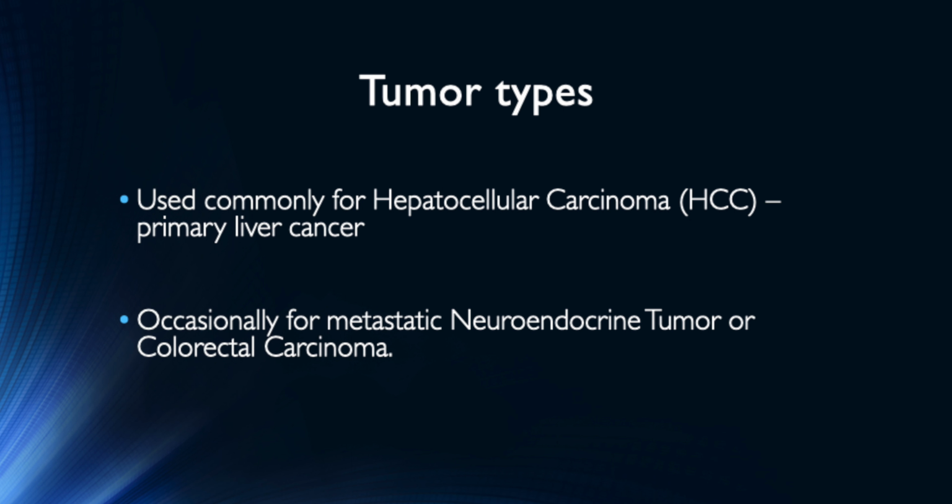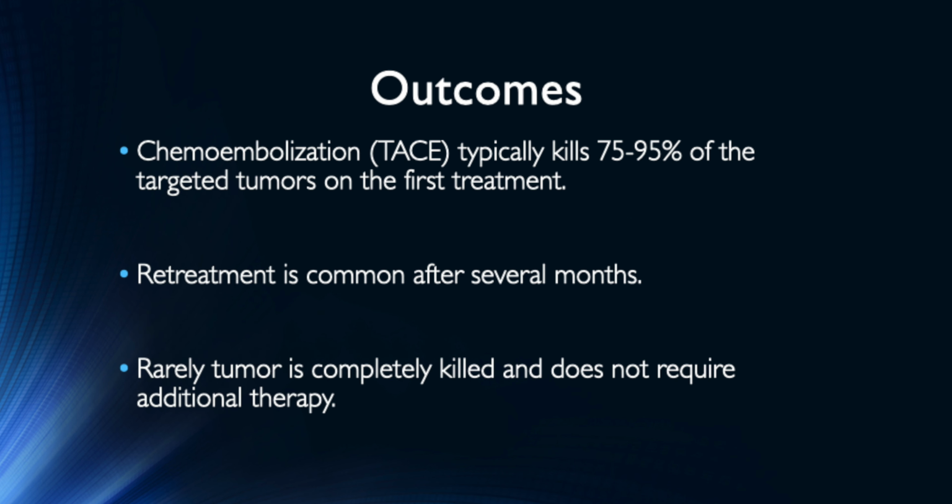Chemoembolization is a procedure which combines delivering a chemotherapy agent directly into the arteries feeding a liver tumor, while simultaneously blocking off the blood supply to the tumor, termed embolization. It is typically used for liver cancer called hepatocellular carcinoma, or HCC, but can be used for other types of tumors that arise in the liver. Chemoembolization was developed about 25 years ago and shown to shrink the tumors in the liver and improve survival in